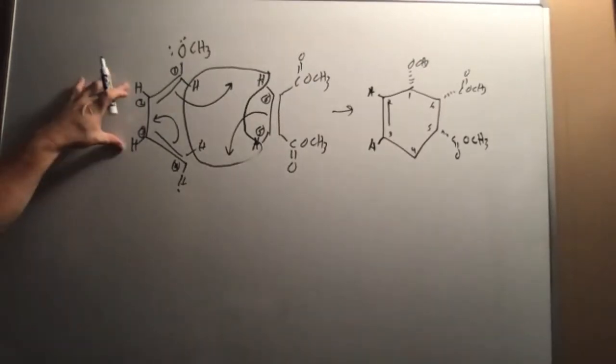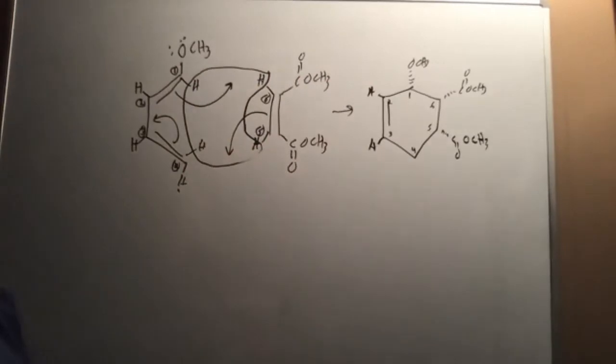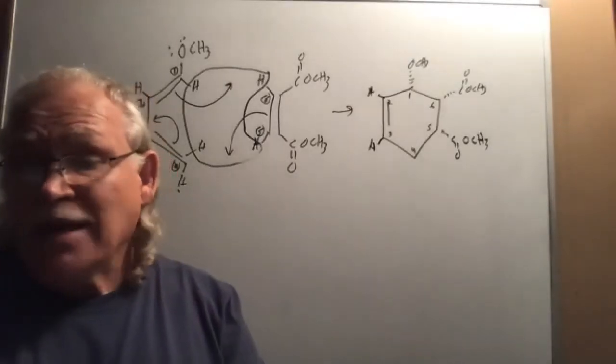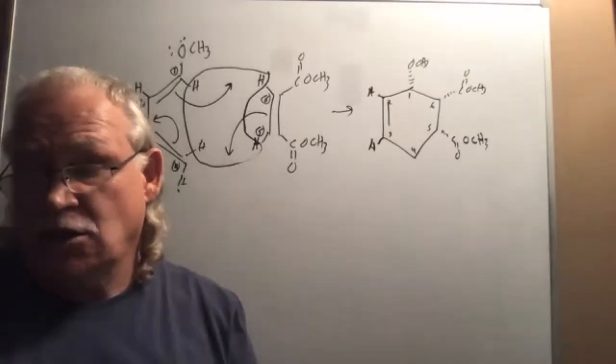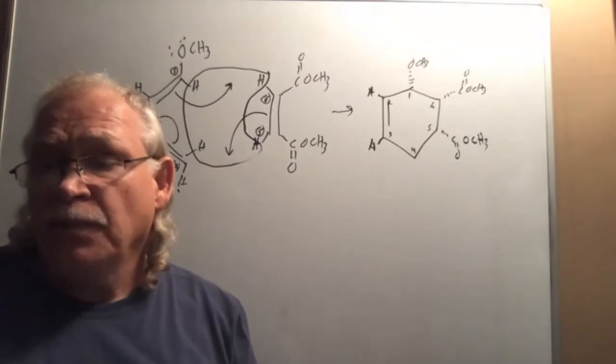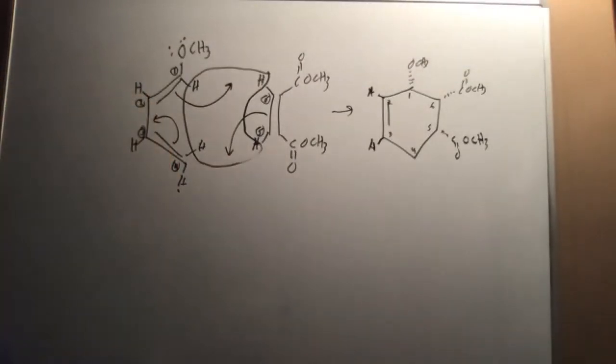These two will always be in the plane of the ring. Why? Because that carbon becomes sp2 hybridized. Now, that's all there is to this. Okay? Now, in the next reaction, which is kind of hard to see,